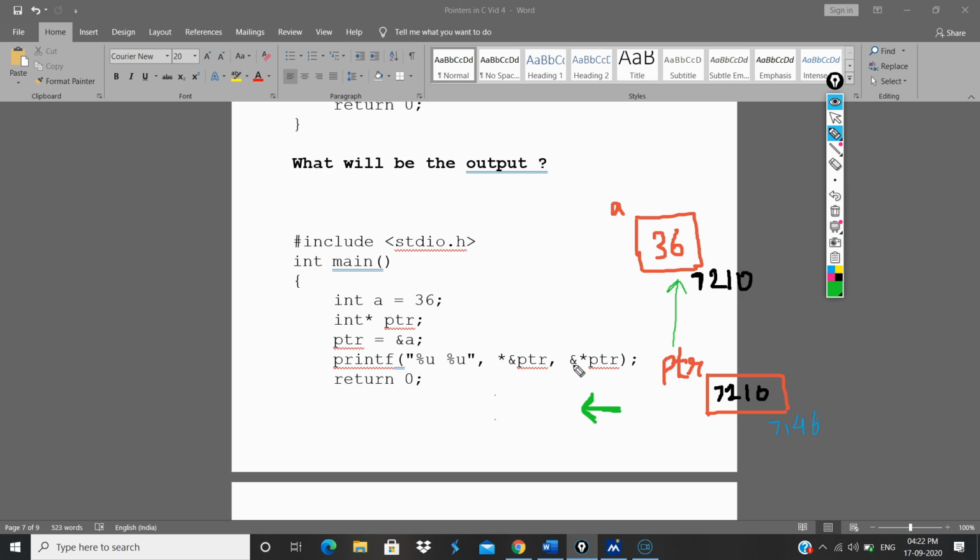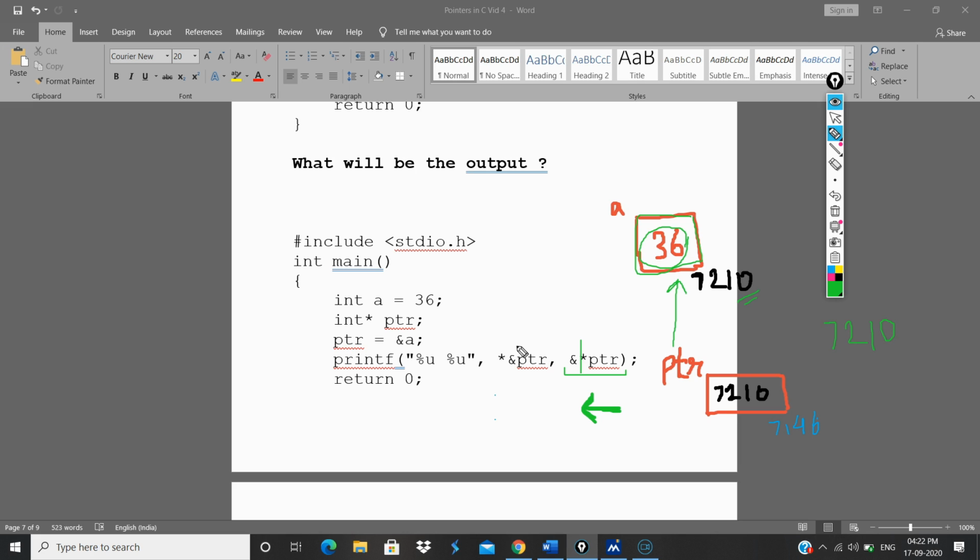And again it is telling me to print the address of this value. After this part, it is the address-of operator again. So the address of 36, or the address of this box, is 7210. So the value of this expression will be 7210.